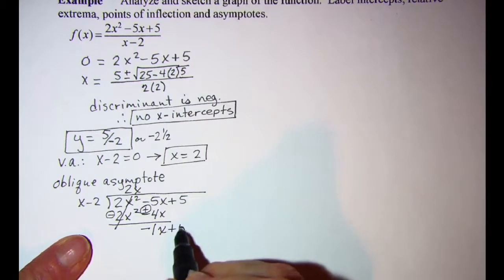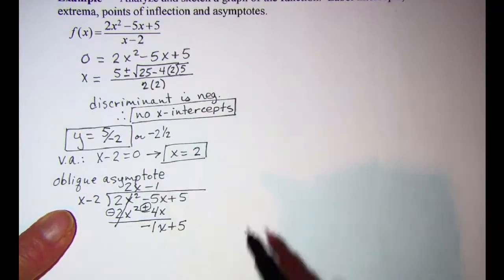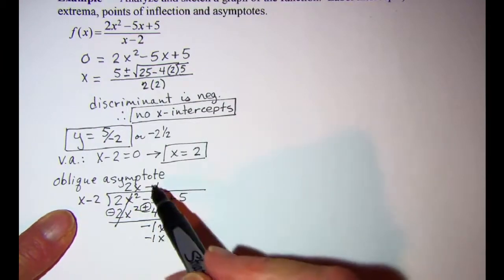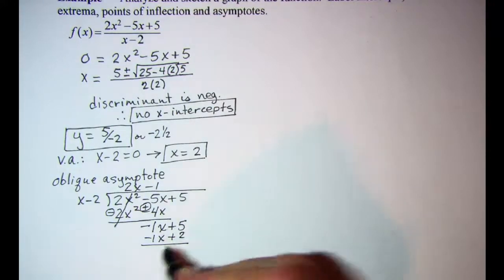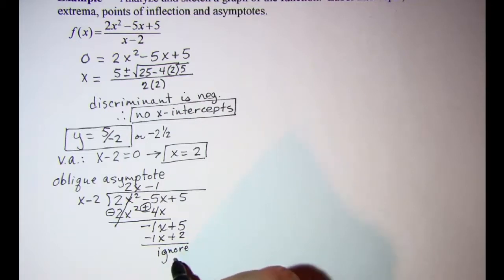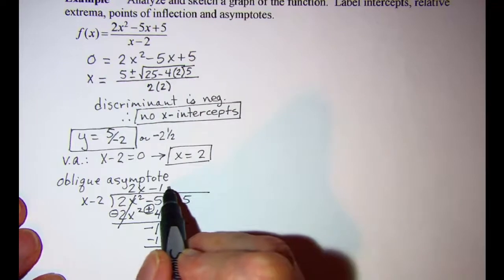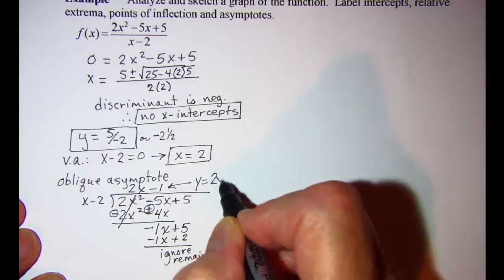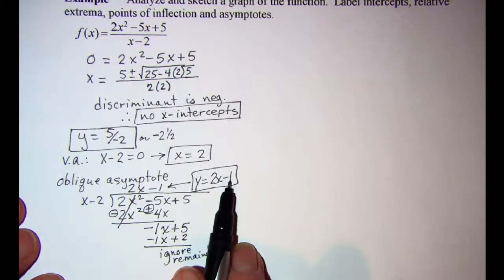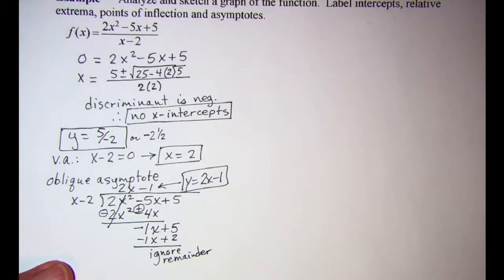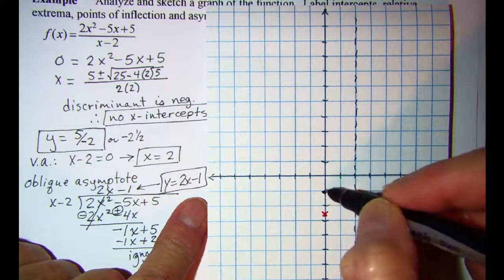And then bring down my next term. Now I can continue. I need a number that I can multiply by x to get negative 1x. So I'll have negative 1. Negative 1 times x is negative 1x. Negative 1 times negative 2 is a positive 2. And then I can just stop at this point because I ignore the remainder. So my oblique asymptote is y equals 2x minus 1. So this means my asymptote has a y-intercept of negative 1 and a slope of 2. Let me draw that in. Y-intercept of negative 1 and a slope of 2. Up to